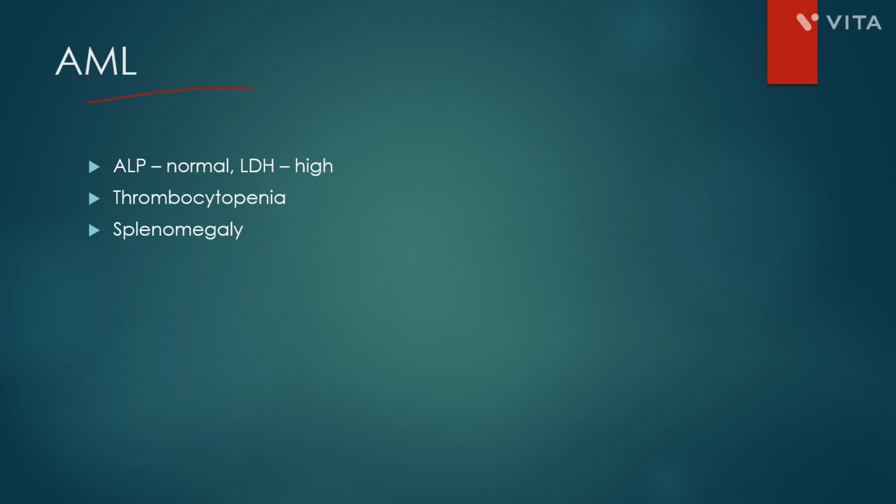Now AML, you have to know how you differentiate AML, ALL, CLL and CML. ALL is the most common malignancy in children, especially also in a setting with Down syndrome. And for AML, they usually mention Auer rods. And the presentation of APML is with DIC. So there can be Auer rods. And APML, which is AML M3, can present like DIC. And the treatment of choice for APML is ATRA, which is all-trans-retinoic acid.